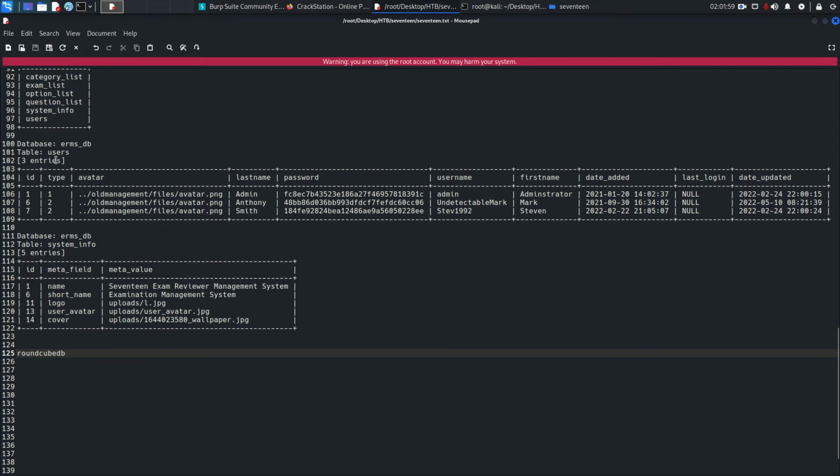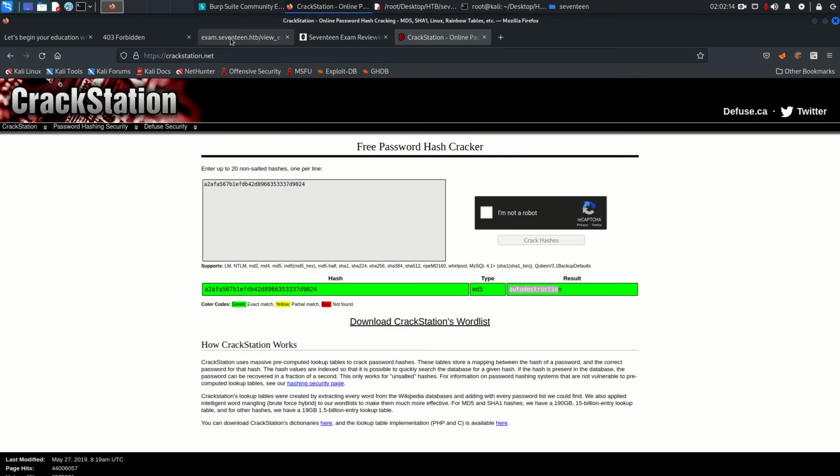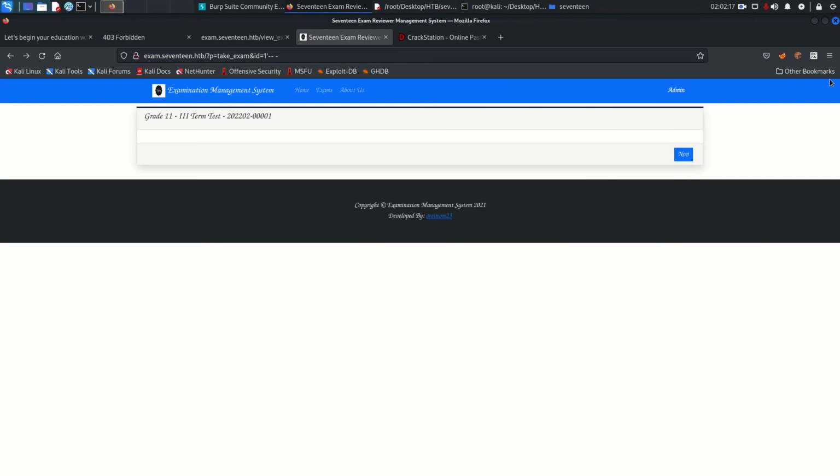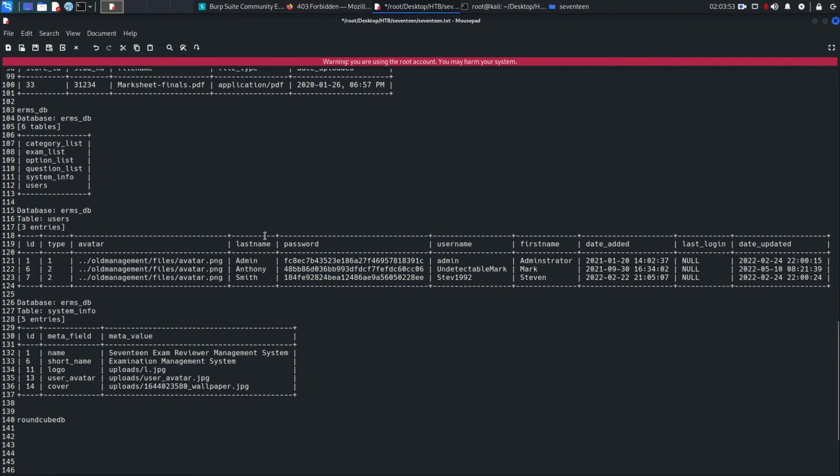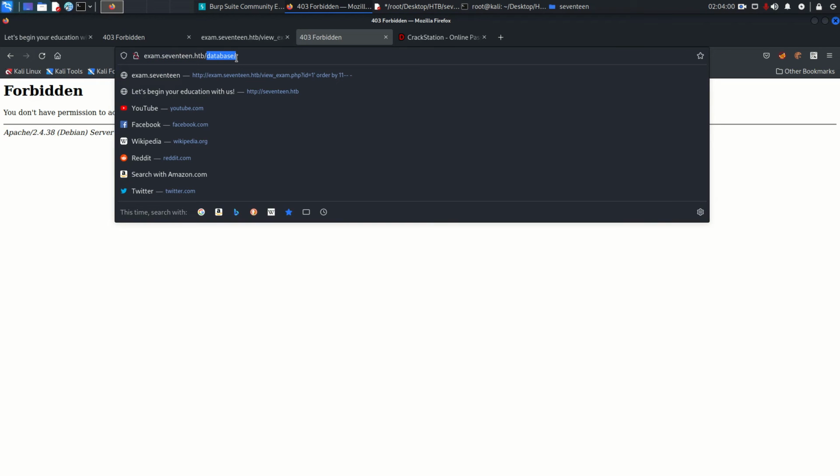The important part here, in the ERMS database we found the users table, and inside the users table we found this endpoint with the file. And here if we go back to the exam domain, we did not find anything where I can log in, because we got some credentials. Even this admin portal is disabled, but we found here an endpoint which is old management. So I just copy this old management directory and try to put